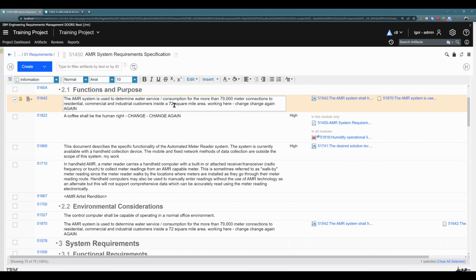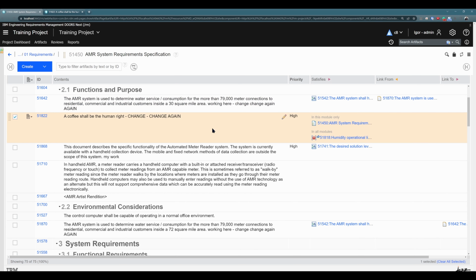For example, they found out that a 72 square mile area is an extremely large number, and we can cover just 30 square mile area because there are some major roadblocks and technological challenges. So it's not feasible to use 72 square mile area. So we changed it in the original document, but we had no idea that someone copied this artifact and somewhere in some other document, in some other module, someone is still working with the requirement that is telling about 72 square